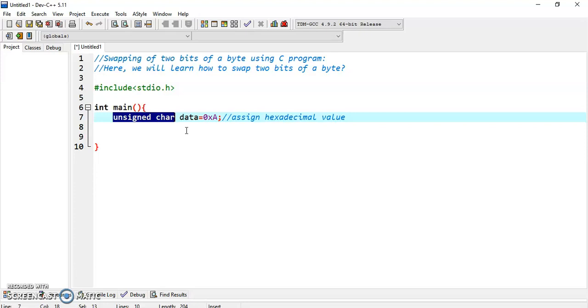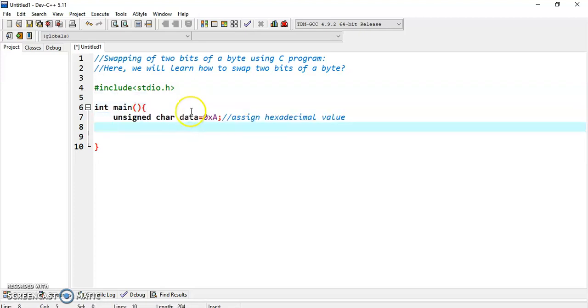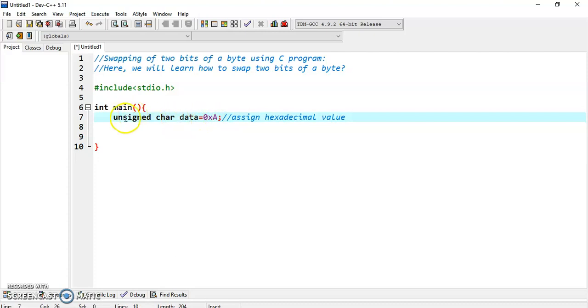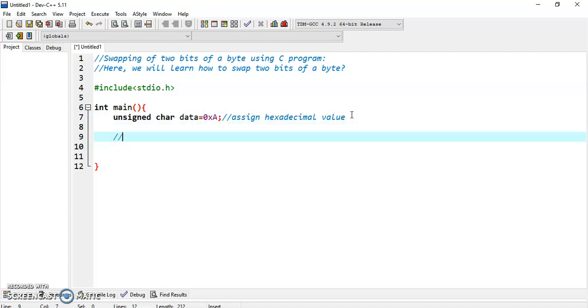For the syntax of unsigned char, firstly we write unsigned char, then the variable name, and then we provide the value. So here our type is unsigned char, the variable name is data, and the value is 0xa. Now let's move on to get first.